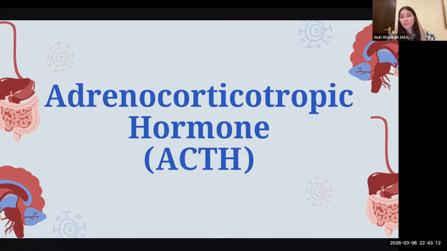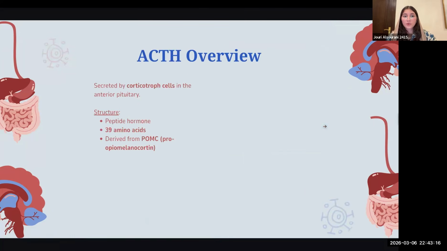Now moving on to adrenocorticotropic hormone, ACTH. As a quick overview, ACTH is going to be secreted by corticotroph cells from the anterior pituitary. It is also a peptide hormone, consists of 39 amino acids, and something very important to note, because I've seen this in questions, and also it's just a topic that keeps being brought up. ACTH is derived by POMC, okay, which is